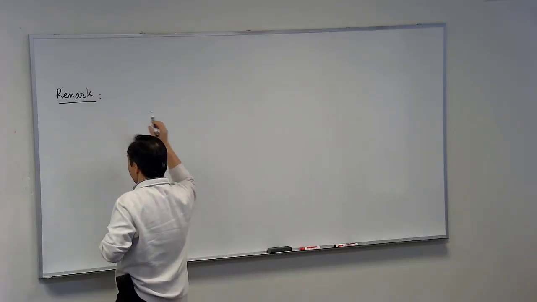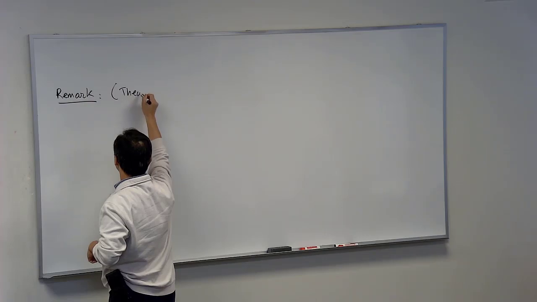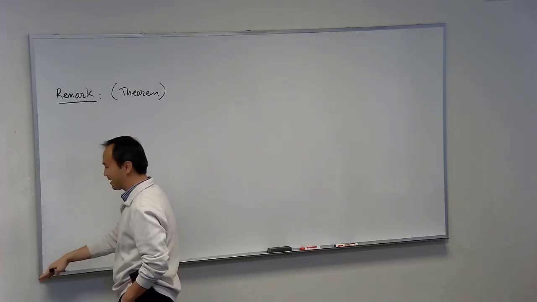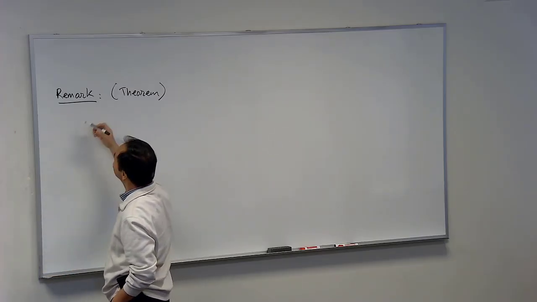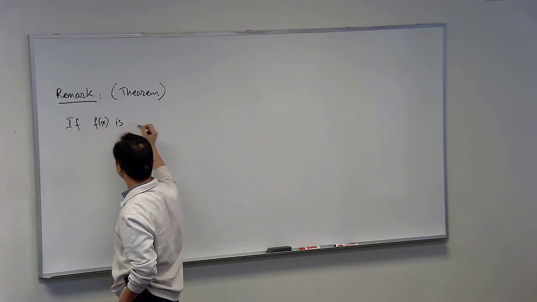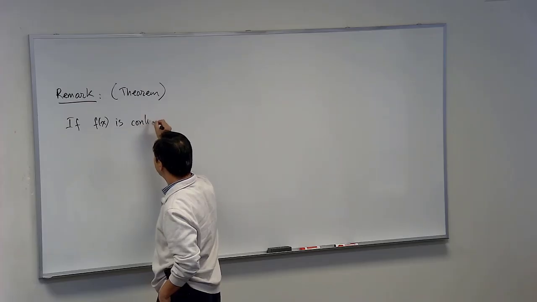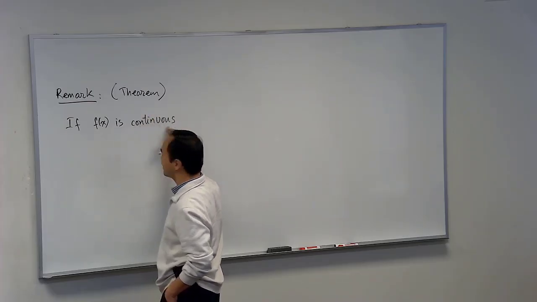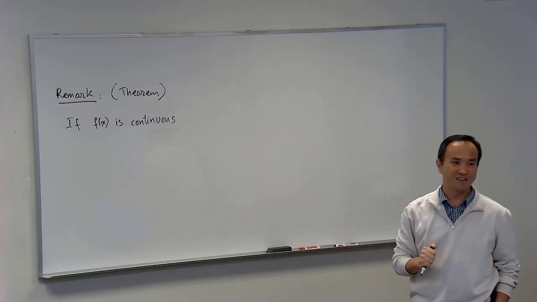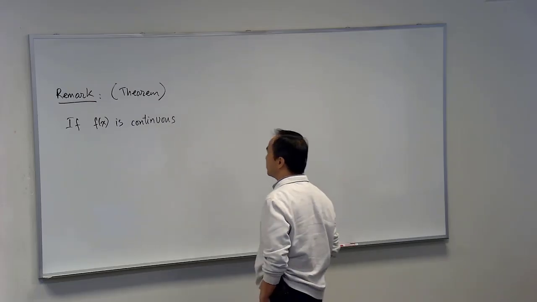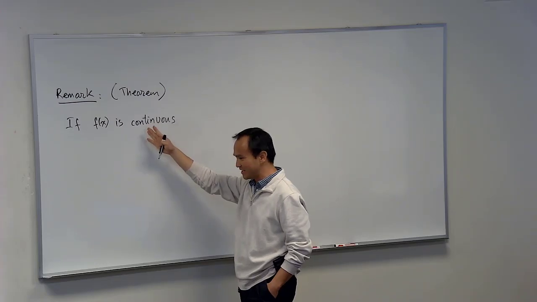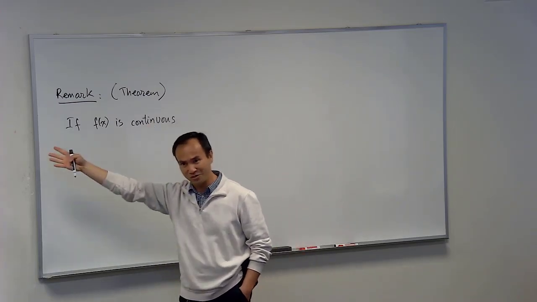But here's the thing. It was a theorem, proven by mathematicians from earlier in our time. If the function f of x is known to be continuous, now just the short-term continuous without indicating the point, we're talking about it being continuous throughout its entire domain. So if f of x is continuous not only at one point, like I emphasized, but like cosine of x, continuous throughout its own domain,